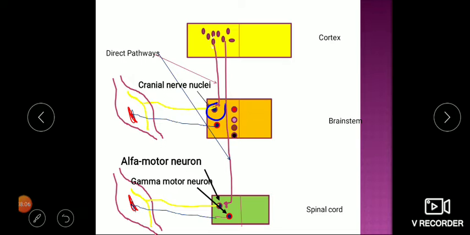Mind you, this is a very, very important concept, lower motor neuron. So this alpha motor neuron as well as the cranial nerve nuclei, both of these are called lower motor neurons because they are supplying the skeletal muscle directly. Their stimulation will lead to direct contraction of skeletal muscle. All the remaining neurons which are controlling them, this one coming from the cortex and this one coming from the cortex here, are called upper motor neurons. So this is a very key concept. I will explain again in detail regarding them.